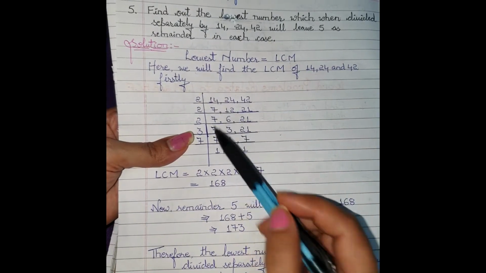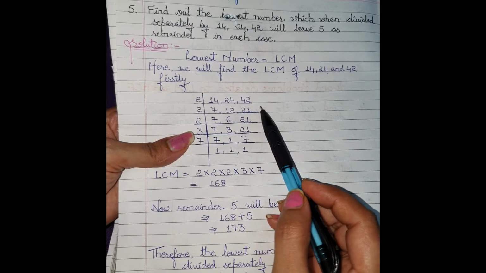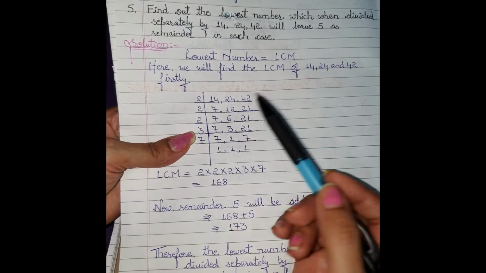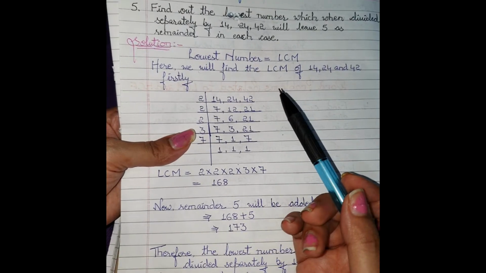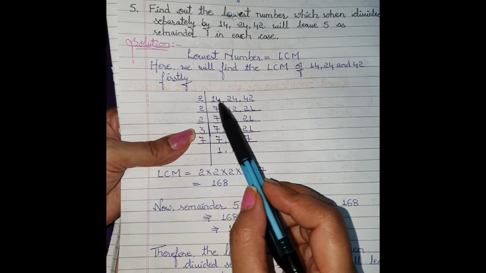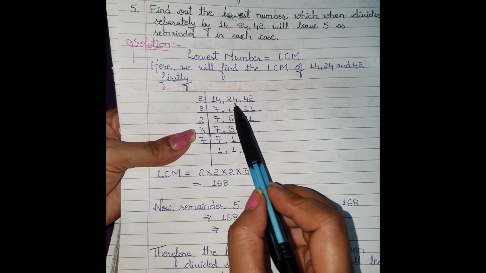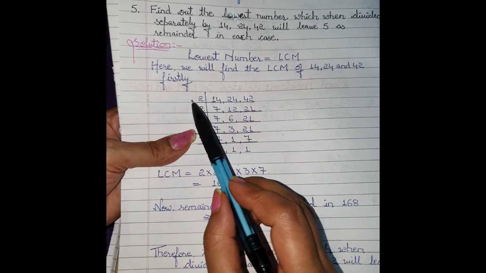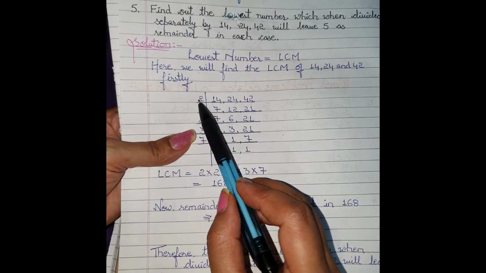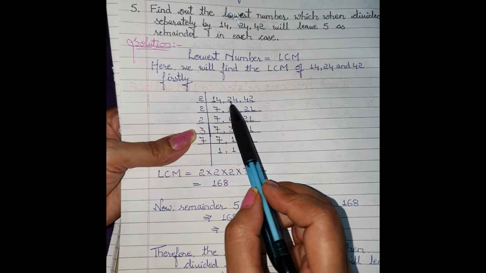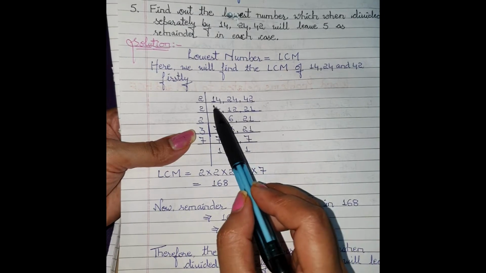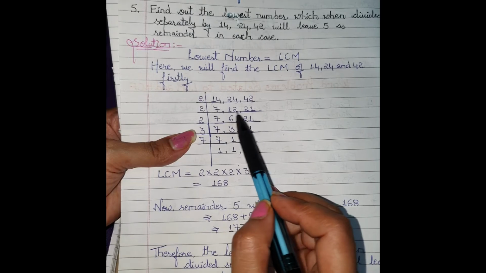So you can see here I have used the LCM division method only. If you want, you can use the prime factorization method here also. See, division method: make the format, mention the numbers 14, 24, 42. You can see the last digits are coming in the table of 2. So 2 I have written outside the format. In the table of 2, 14 comes 7 times, 24 comes 12 times and 42 comes 21 times. So I have mentioned those numbers. Don't forget to mention comma in between.